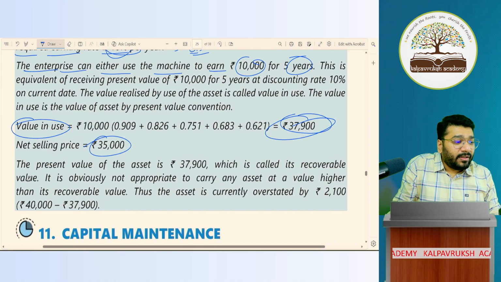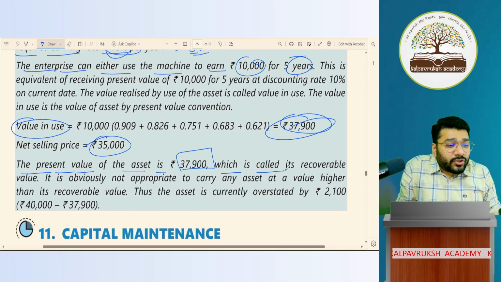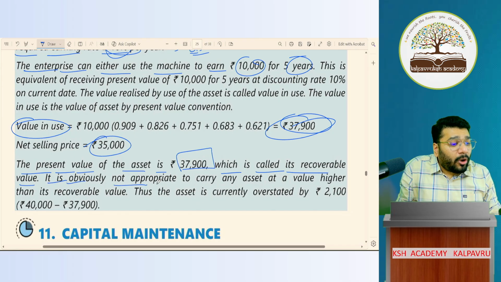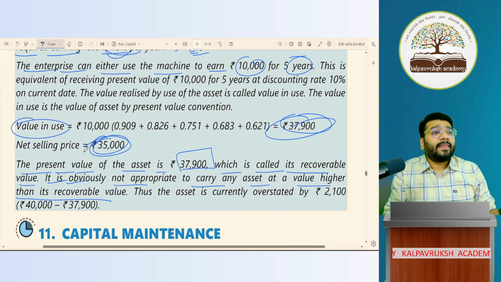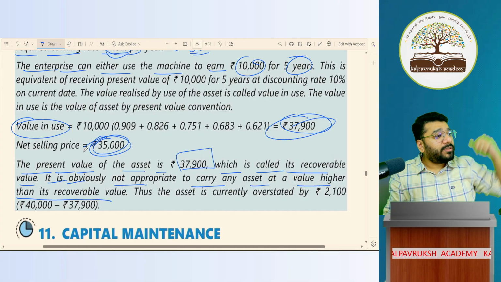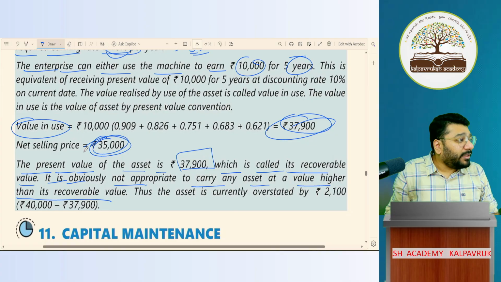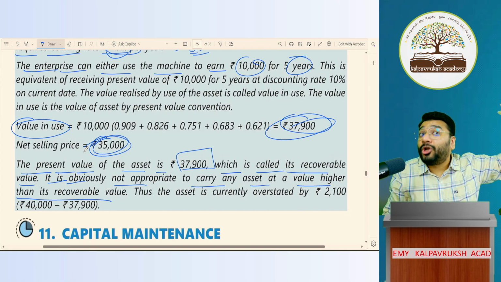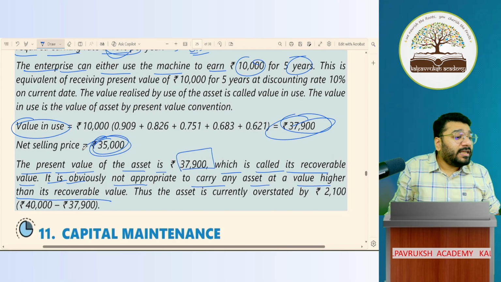Let's understand. The present value of the asset is 37,900, which is also called the recoverable value. It is obviously not appropriate to carry an asset at a value higher than its recoverable value. Recoverable value is 35,000. Can you show the value of the asset beyond 35,000? If I go and sell this asset in the market, how much will I get? 35,000. Is it right or fair to show a higher value? If you show it, you are not prudent. So to keep prudence in mind, it is better to show at the